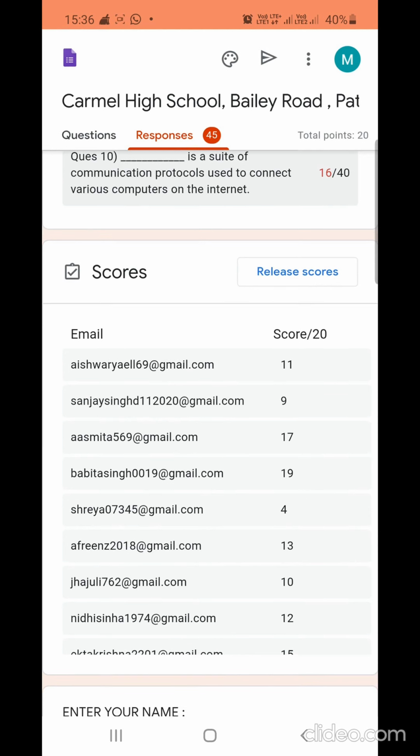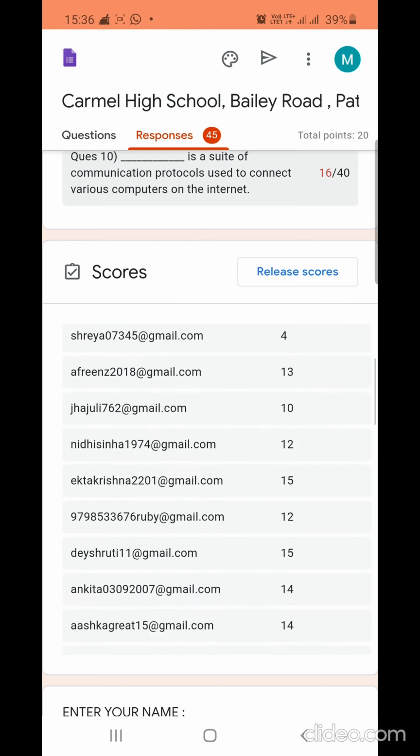After completing your exam, if none of the students has any problem, you can click on release score, and with one click all the students will get their score on their emails.